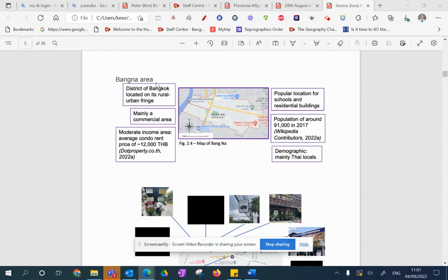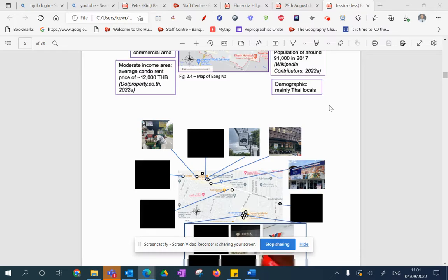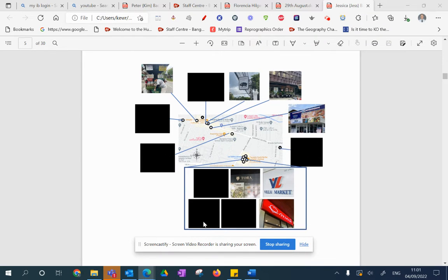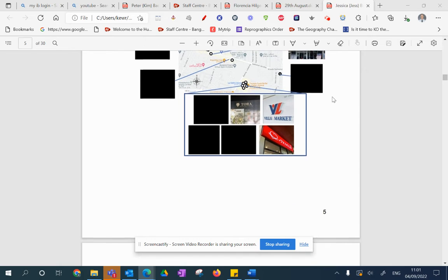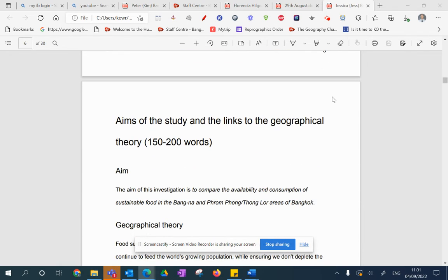Make sure you've got arrows surrounding the map. Still got the scale and compass direction, good. Not sure what's happening here. Is this because of a PDF conversion? I don't know. Maybe it is. If you're having problems with that, send the Word document on the next one and I'll see what I can do with the PDF conversion.